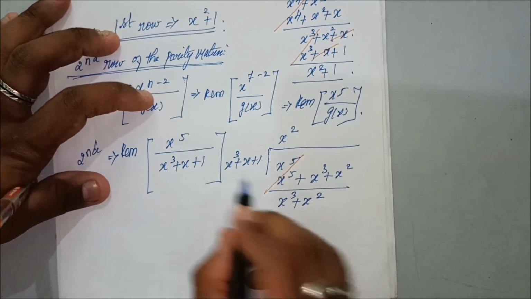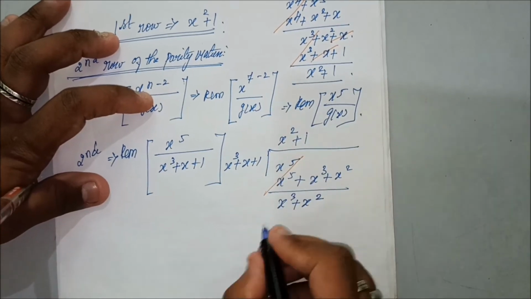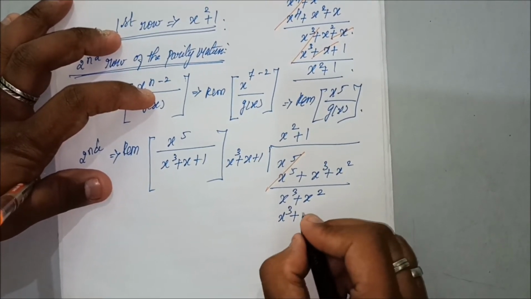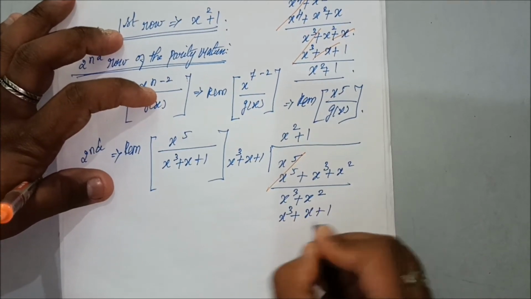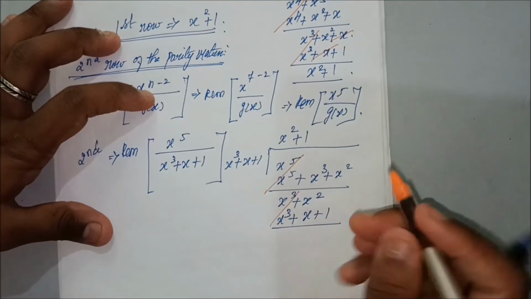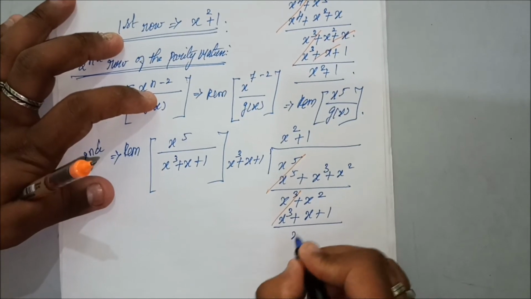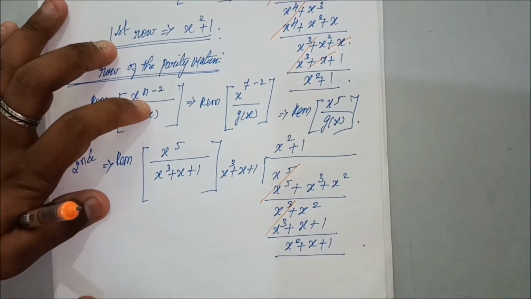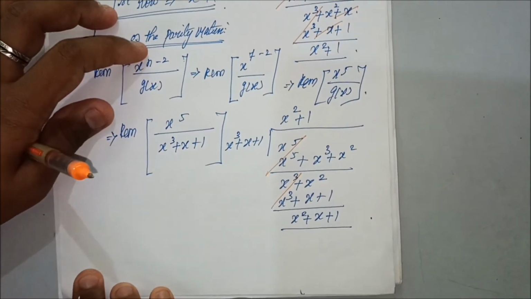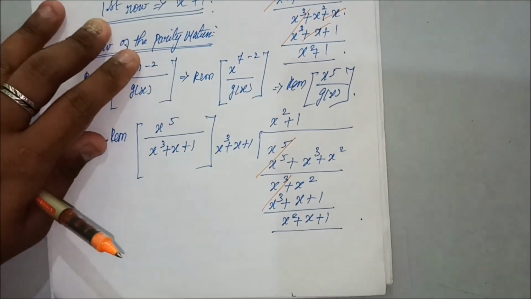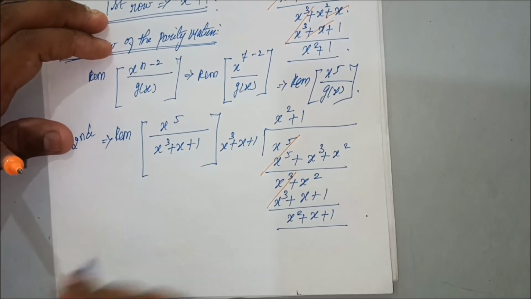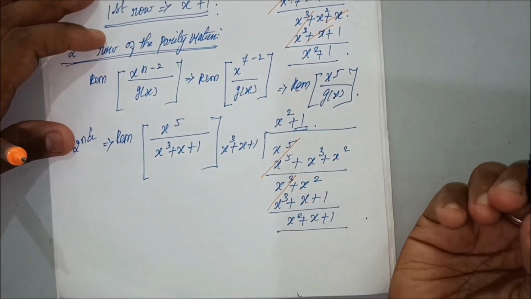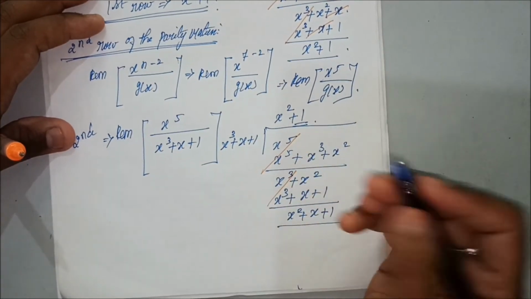I want to get x^3 over here, so I am putting 1. This will be equal to x^3 + x + 1. In this case, the x^3 will get cancelled, so the remaining value will be x^2 + x + 1. After this we can't solve the problem, so I am stopping here. Why am I stopping? Because the degree of this remainder is now less than that of the divisor, so it cannot be continued.